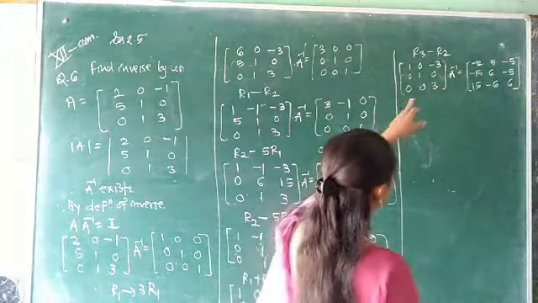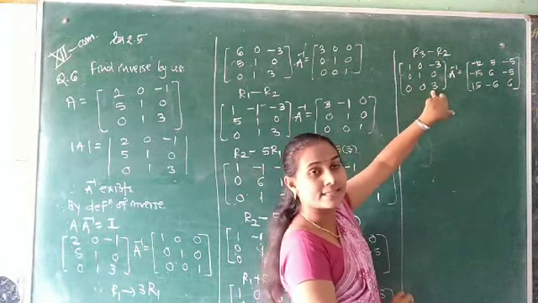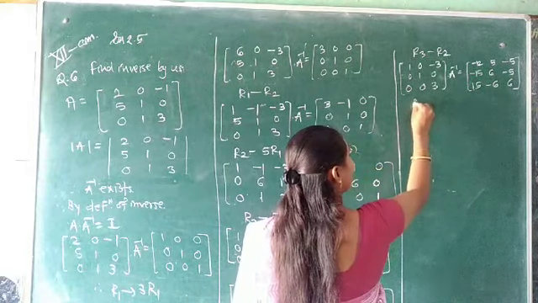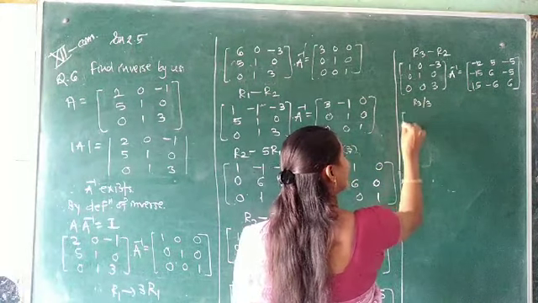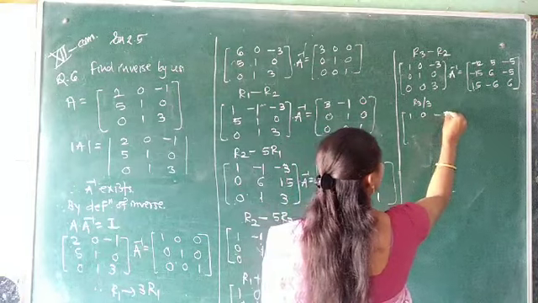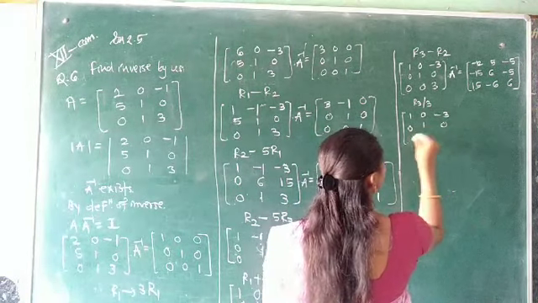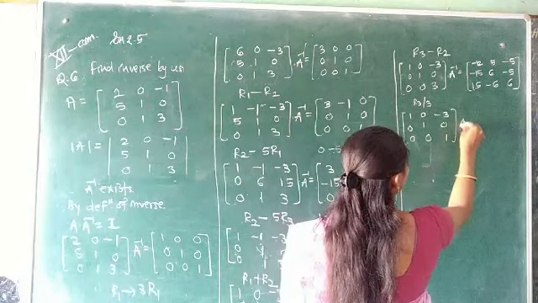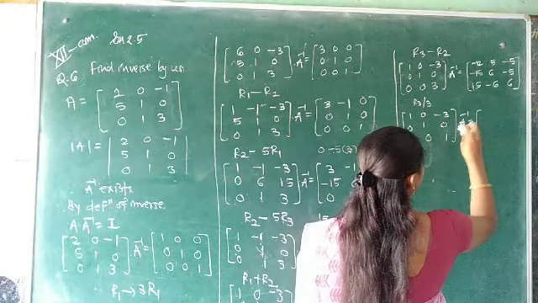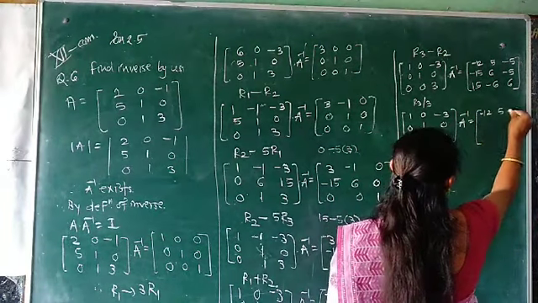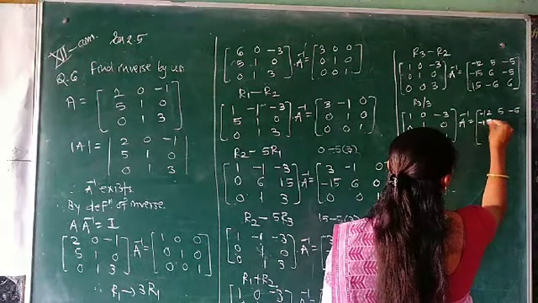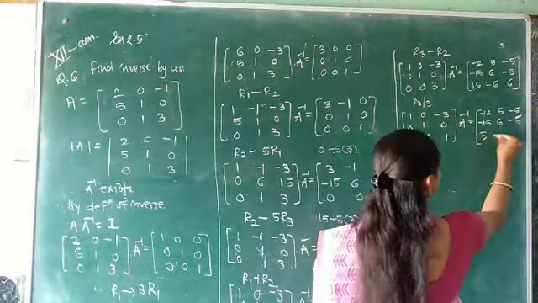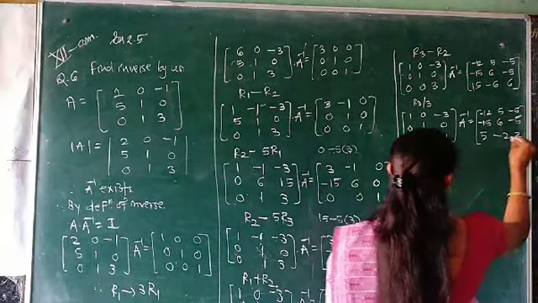Now see the element. We have to make a33 equal to 1. So here we divide by 3. R3 divided by 3. 1 0 minus 3. 0 1 0. 0 upon 3 is 0. 3 upon 3 is 1. Into A inverse is equal to minus 12, 5, minus 5. Minus 15, 6, minus 5. If we divide it by 3, then 5, minus 2, plus 2.